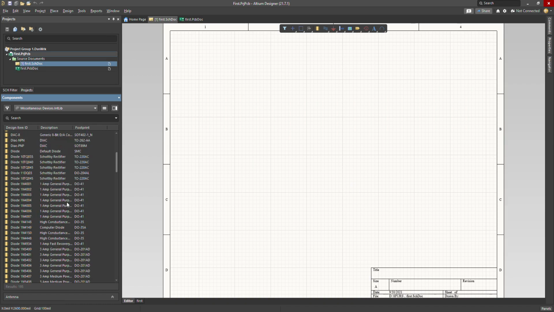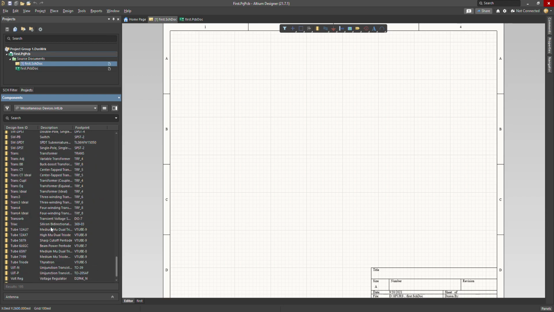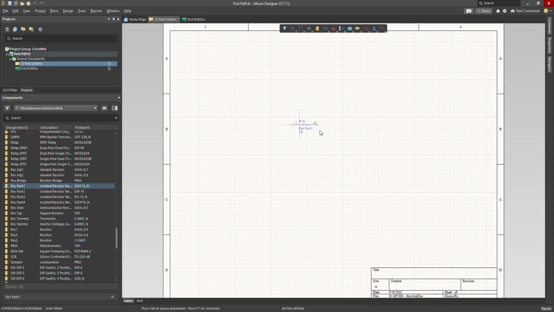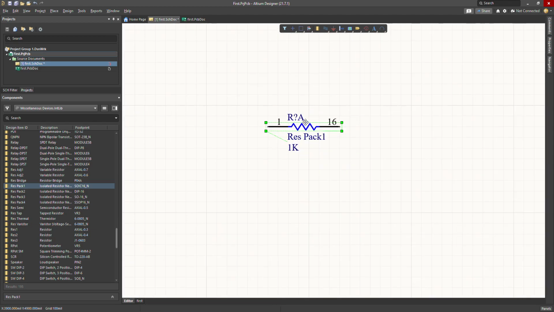So what we need for a passive low pass filter is one resistor and one capacitor. What I'm going to do is find the resistors and then choose them. I'm going to choose this one, and as you can see, I was able to bring in one resistor here, and